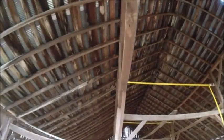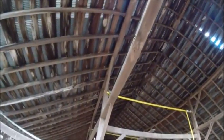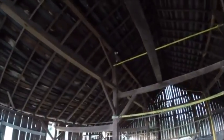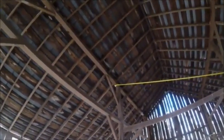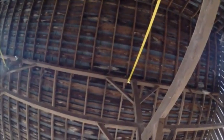You can see how much they're leaned out still, but we're fairly consistent now. Don't have a lot of variation like we had when it started. It's a lot closer to where it's supposed to be. I don't know if you remember the first video if I showed you or not, but up there on top of that post, it was actually lifted clear off of it because everything was in such a bind and twist. Now it's sitting down on there like it's supposed to, and